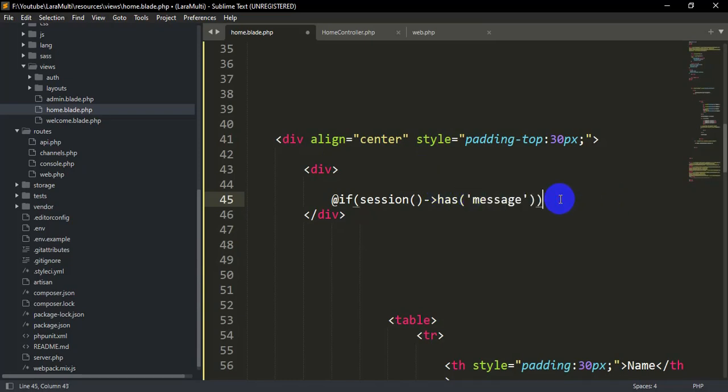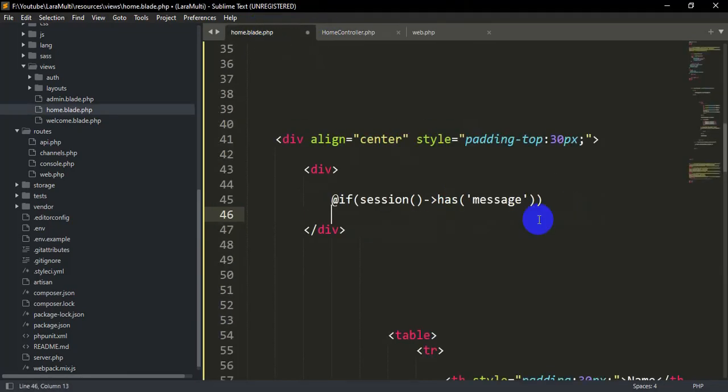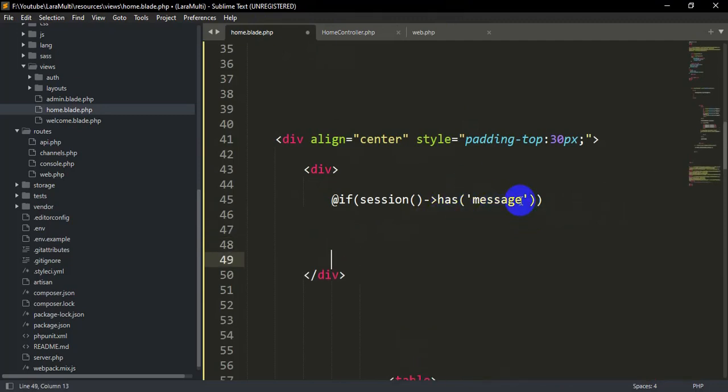So if there is any message from the home controller, here you can see we mention this message variable. So if there is any message, then let's just first end this if, so we'll say at the rate of endif. So if there is any message, then we'll print that message.